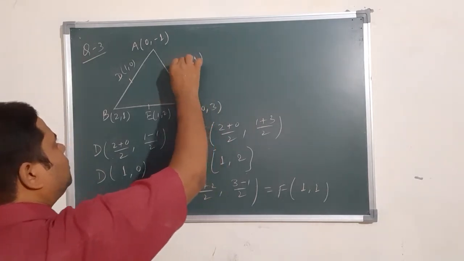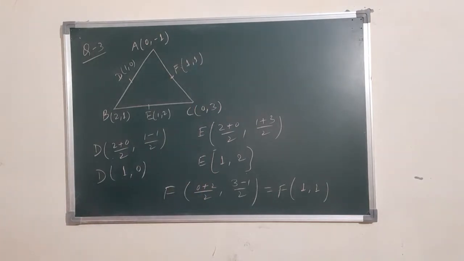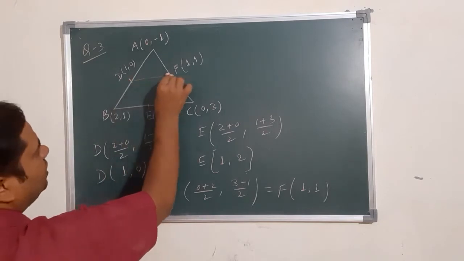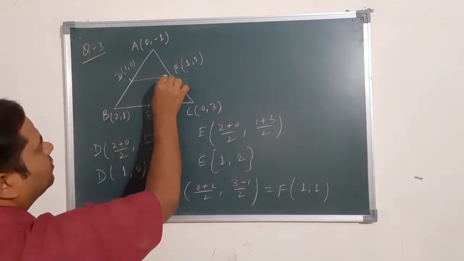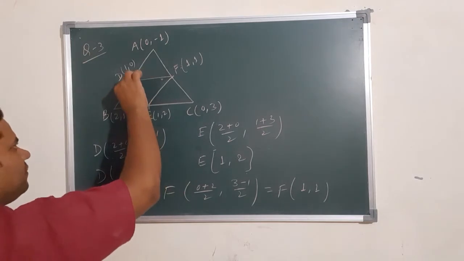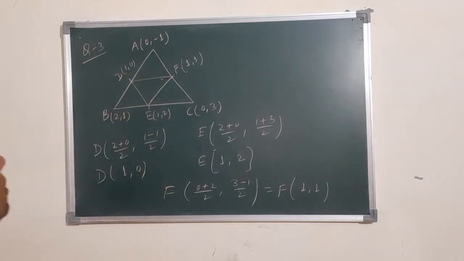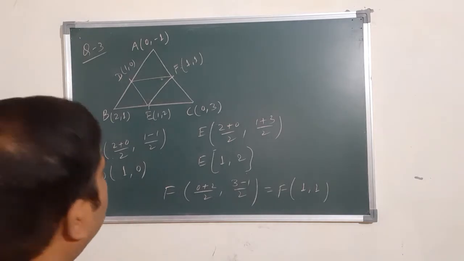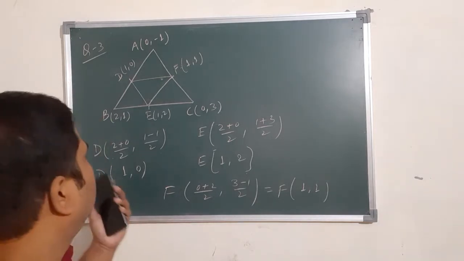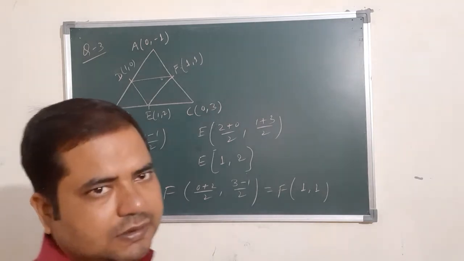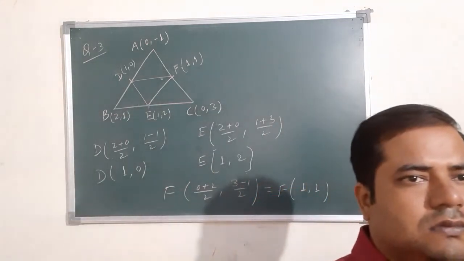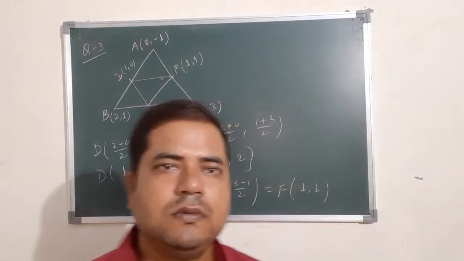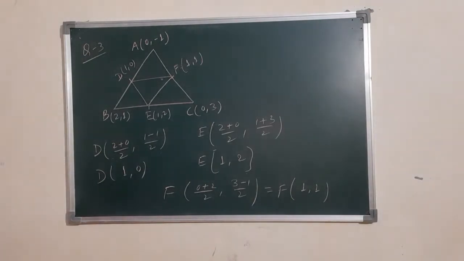Okay. So D, E and F, these are the 3 points. First of all, we find the area of the triangle ABC, and then we find the area of triangle DEF. Then we have to find the ratio. So first of all, you find the area of triangle ABC. Note it down first. Okay, I hope you completed this one. Now, area of triangle ABC.